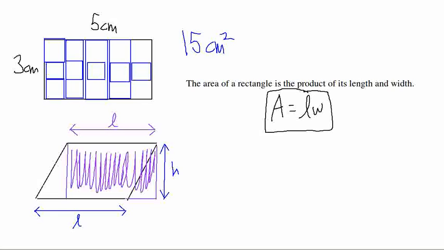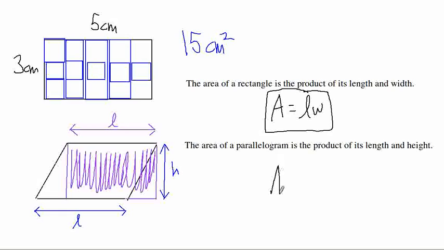So therefore, we've just also figured out the area of a parallelogram. I'll go ahead and type that out. The area of a parallelogram is the product of its length and height. If we call the height h and the length L, I can go ahead and write that formula. The area equals the length times the